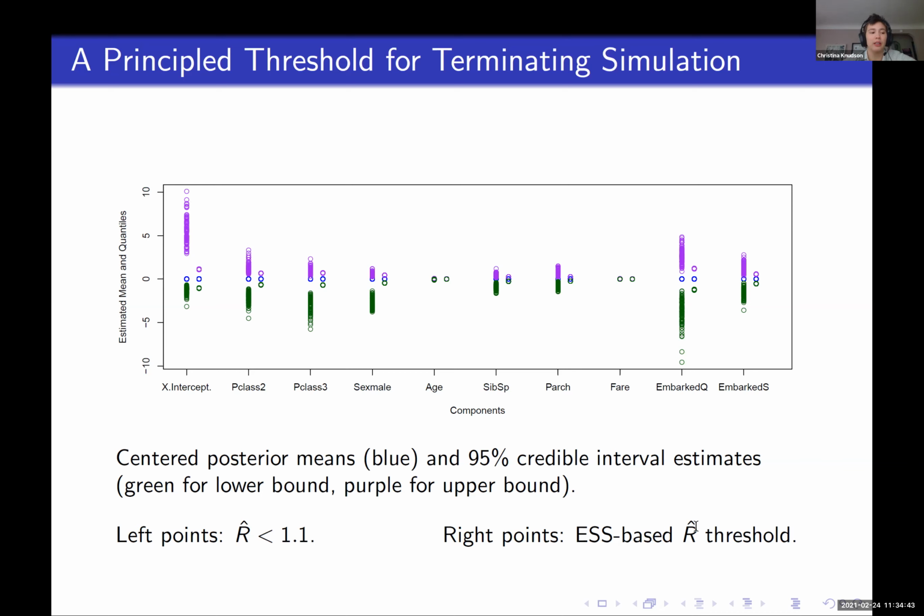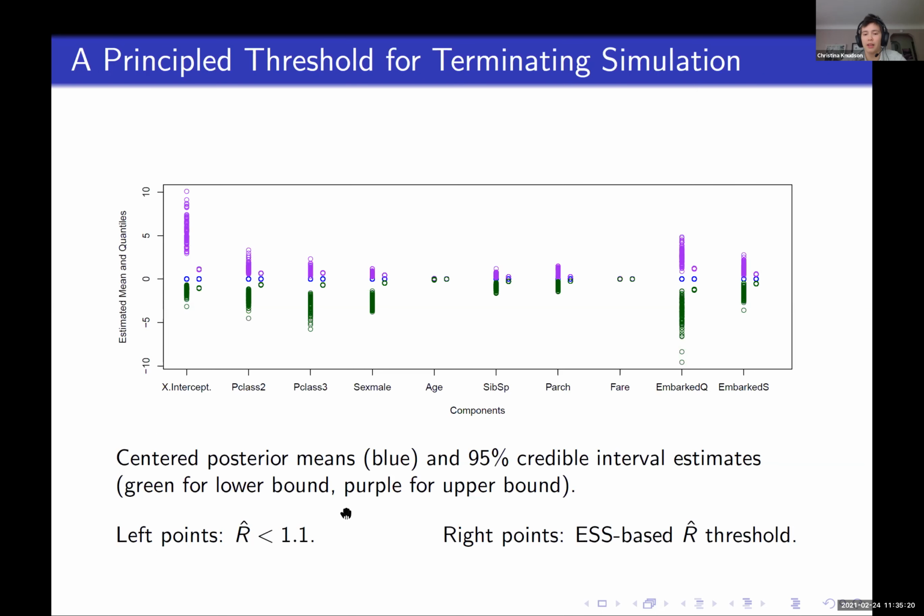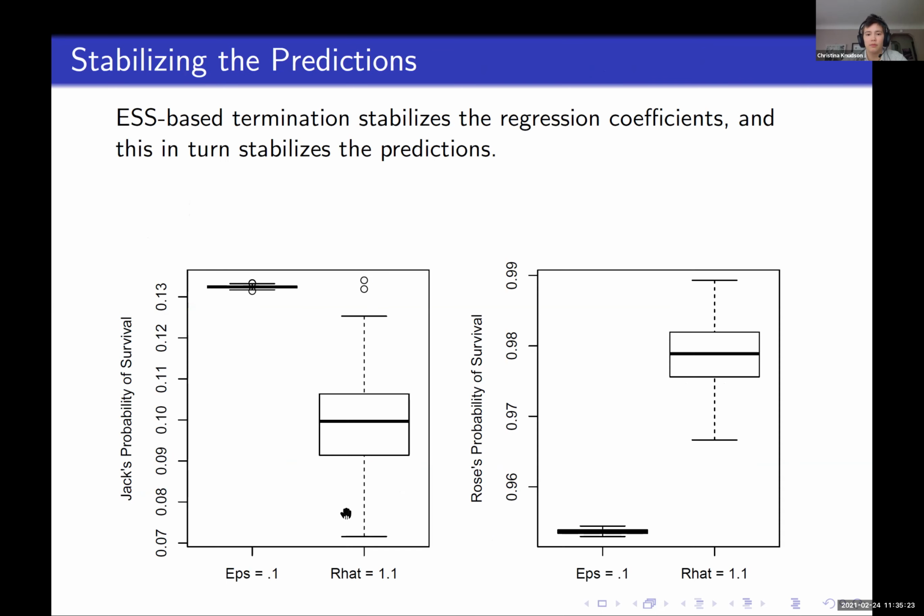Okay, so we can see that there's definitely an improvement in the stability when we use this other threshold instead of 1.1. Now let's see how that feeds into the resulting predictions. So if we remember the movie Titanic, there's Jack and there's Rose. We just plugged in what we understood about them, like where Rose embarked, where Jack embarked, how many spouses and such these people had aboard. And then, using these coefficient predictions from back here, we plugged in their values and produced their